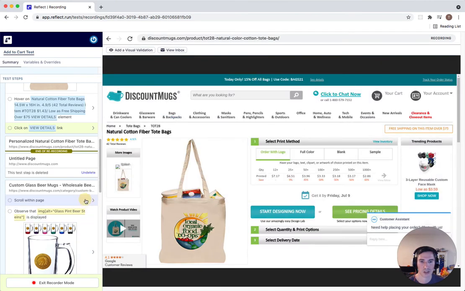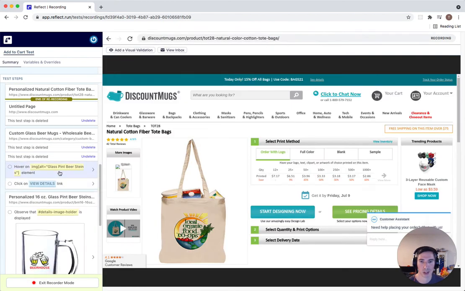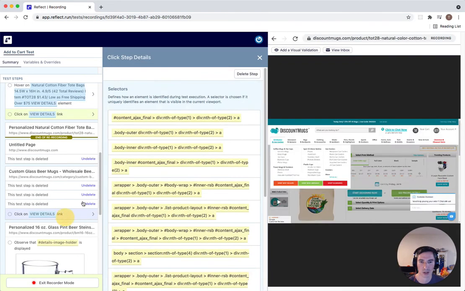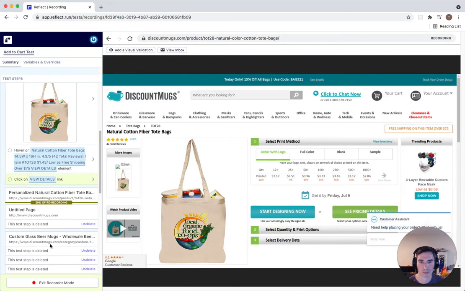And you can undelete steps, so you can undelete it, then go back and redelete it if you want to. We'll delete this one, and then we'll delete these last two, which again are duplicated. We have that View Details link, which is now in our new re-recording. Great, so I'm going to exit recorder mode,